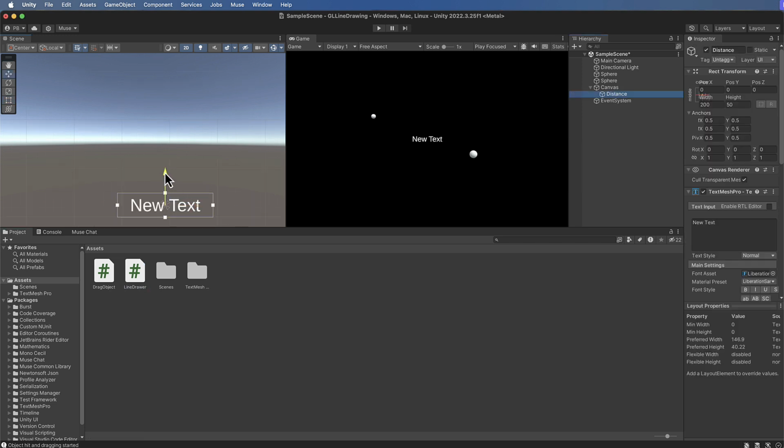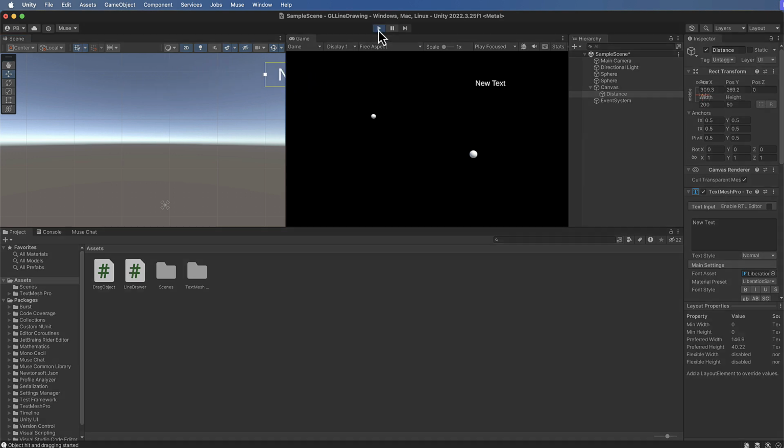That's because I actually moved it off camera. So if I just move it somewhere else so that you can actually see that it does move. So when we press play, we will now hopefully get that text box right in the middle, which it is. Okay, so